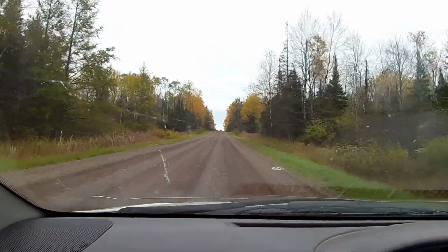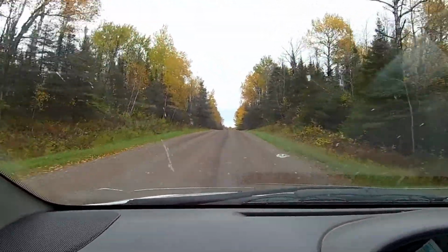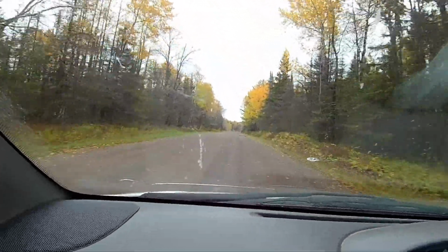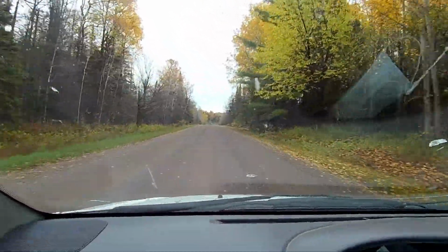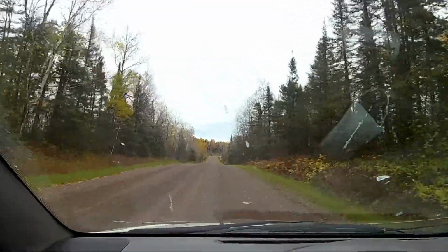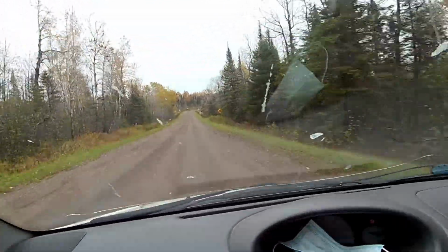Yeah, we'll see how many people are here. I'm kind of curious. It's kind of a weird time of the year. It's about 3 p.m. on a Tuesday afternoon in mid-October, so I'm not really sure what to expect, but we're going to roll in. So the road curves here to the right, and if you just take a left, you're pretty much at the trailhead, which